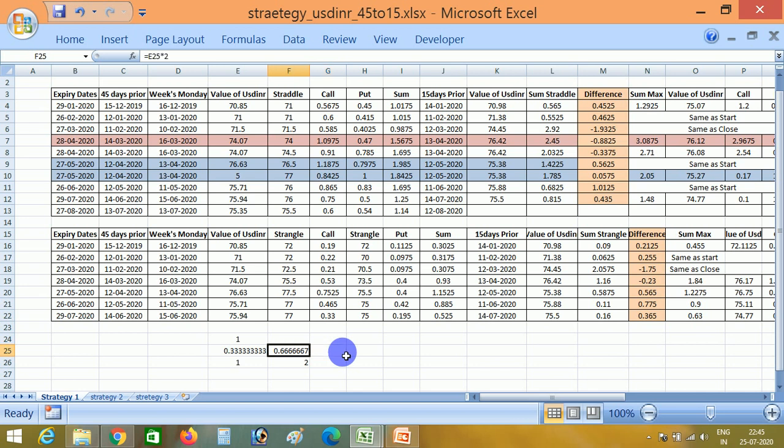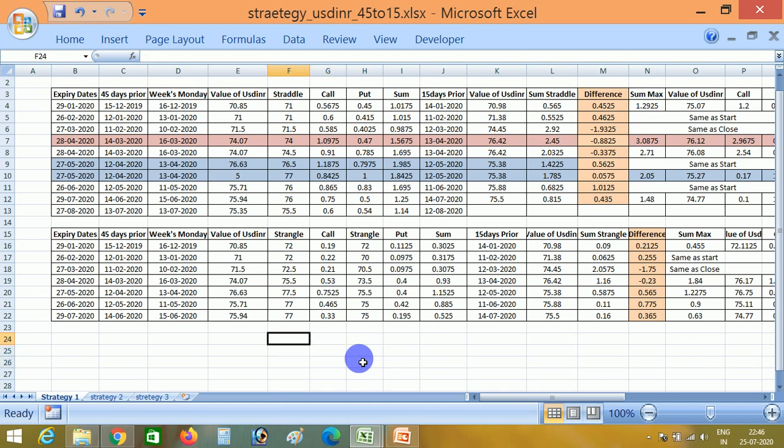But beyond these values, since the delta of the calls, the movement of the calls, is very aggressive on the upper side, this 66 paisa will go to 86 paisa very soon, but this 33 paisa will not go to 13 paisa very quickly. So what will we do? This is our adjustment point. We are going to adjust our call side. So how will we adjust our call side?